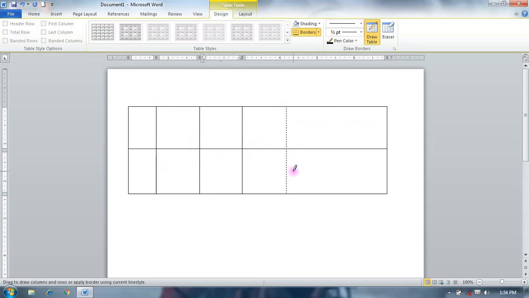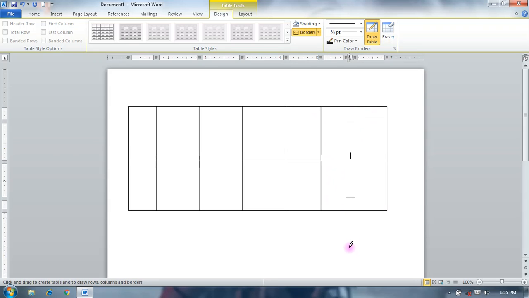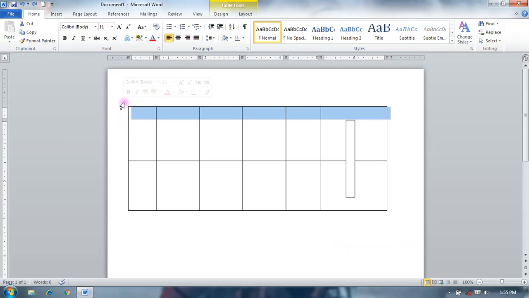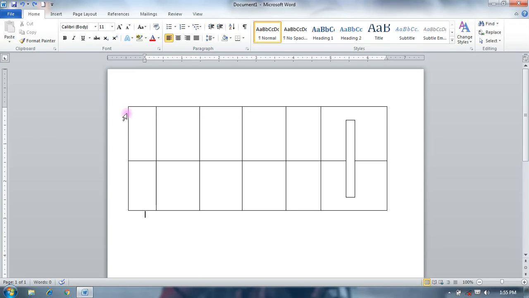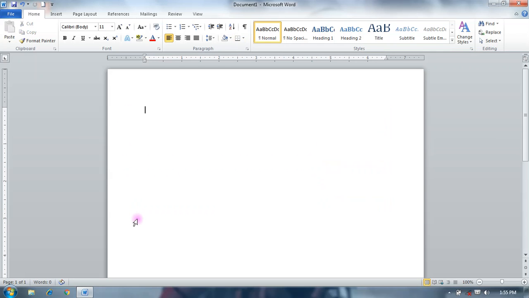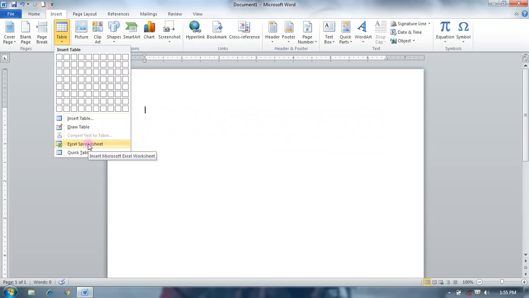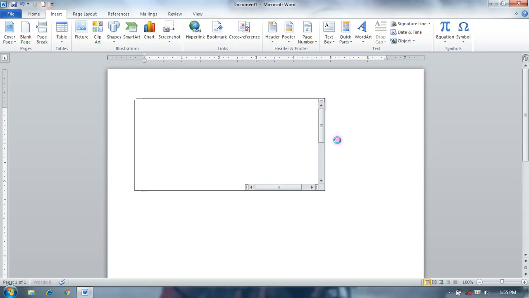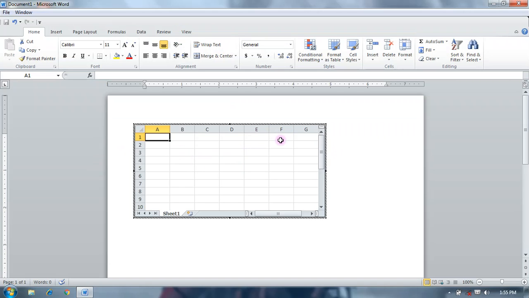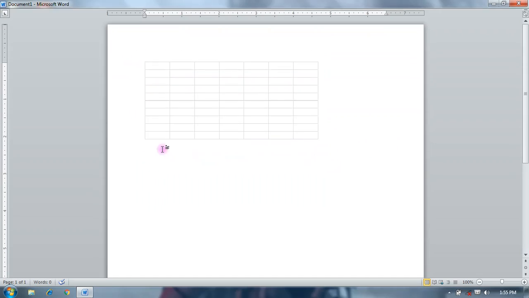The next option is Insert Excel Spreadsheet. It inserts an Excel option and creates a spreadsheet, and you can select cells and enter your data.